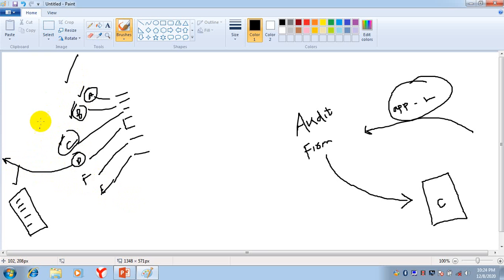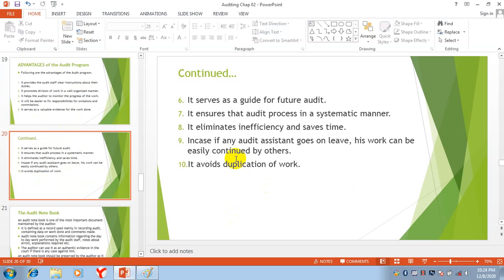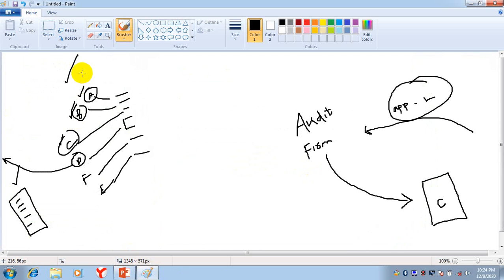So we can easily manage the work if someone goes on leave. It avoids duplication of work. Each and every person knows about his work, so there will be no duplication. We distribute the work, so there will be no duplication of work.